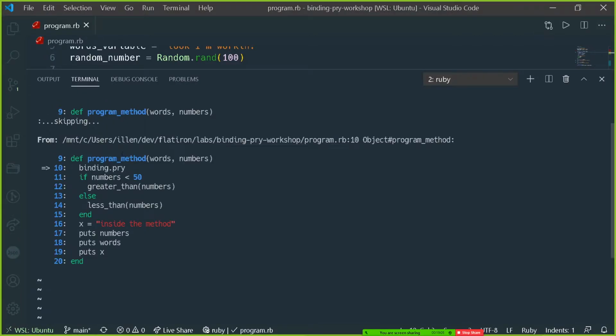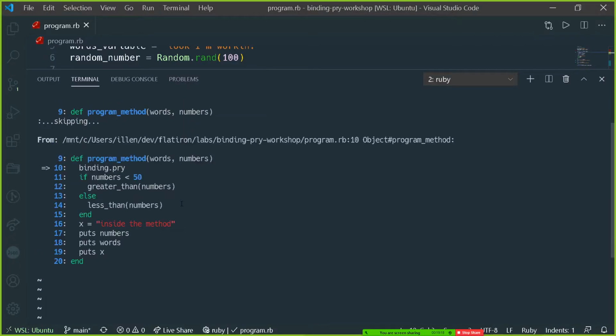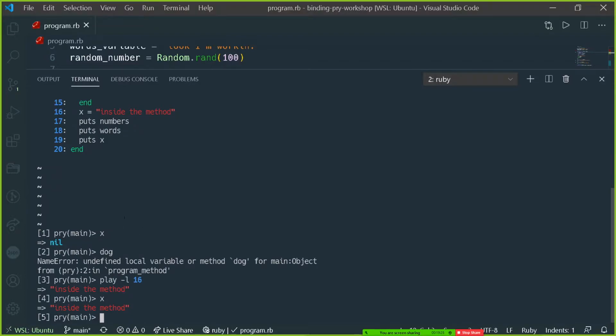But that was actually a really insightful question, and that has to do with the way that Ruby is loaded into memory and the way programs are executed, and it's actually really similar to JavaScript. So that's something that you'll see a lot more as you go forward. But yeah, we're now in our binding.pry, and